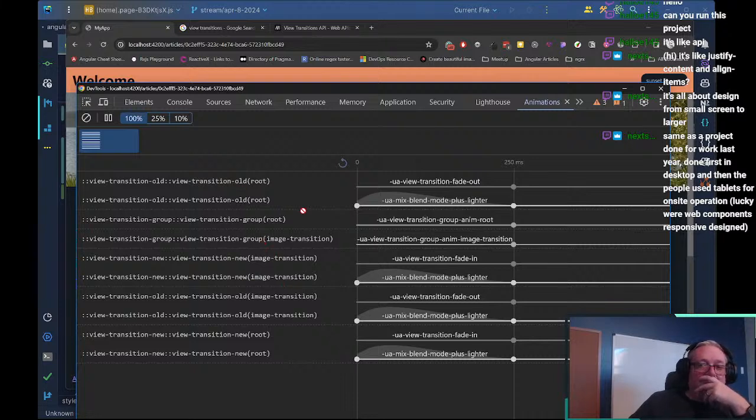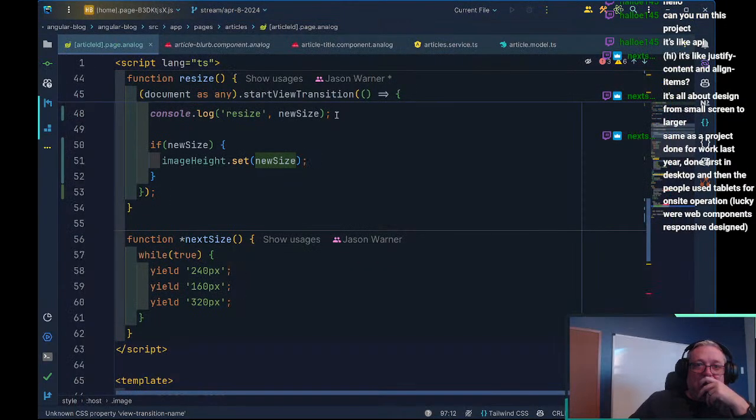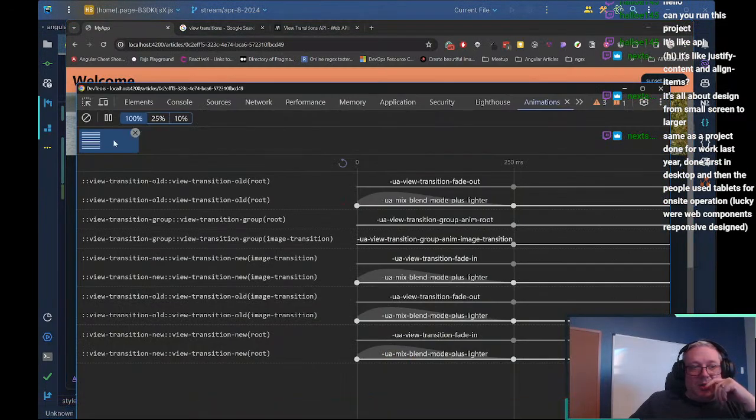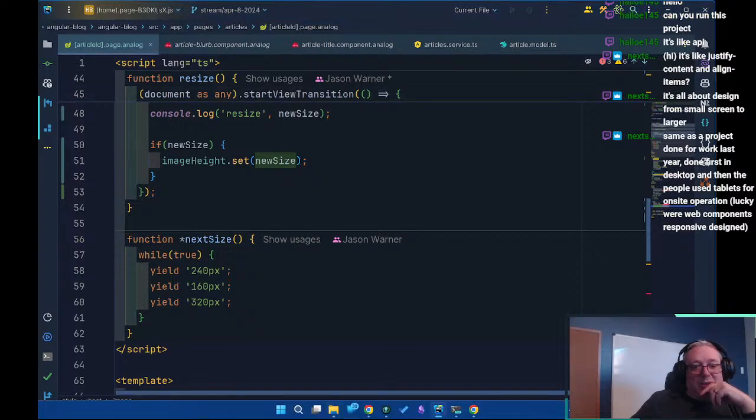Trying to figure out. So when I click here again, we get another animation. Same animation. Really weird that I can't click on any of these, because usually within the animations, you can replay the animations and pause the animations. Like if we slow this down to 25%,